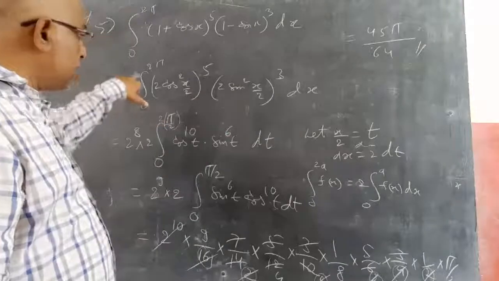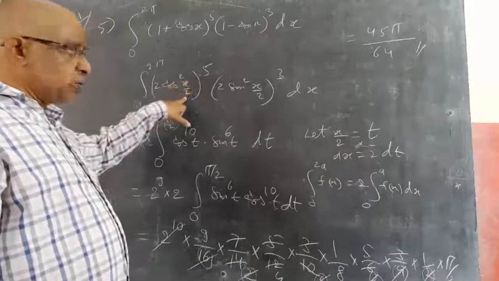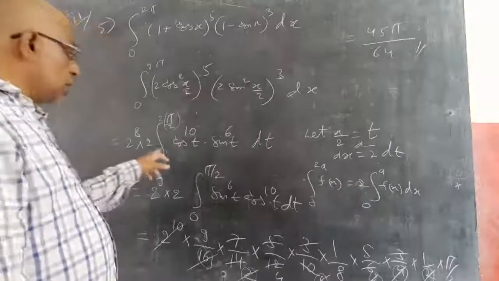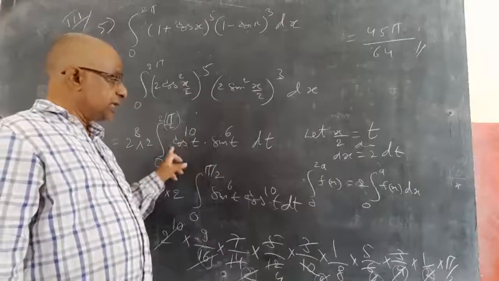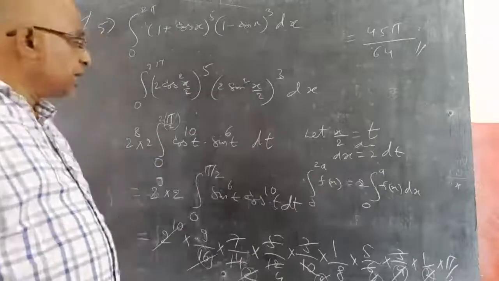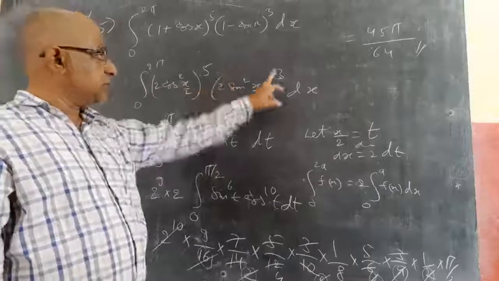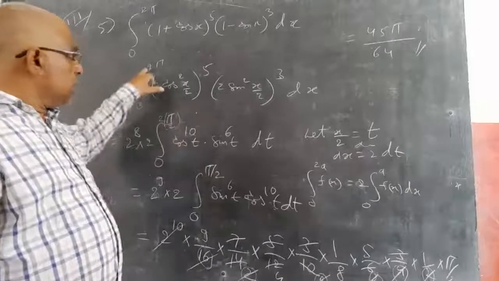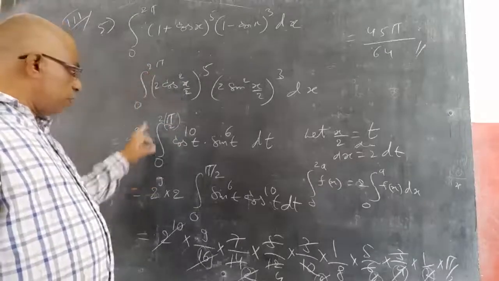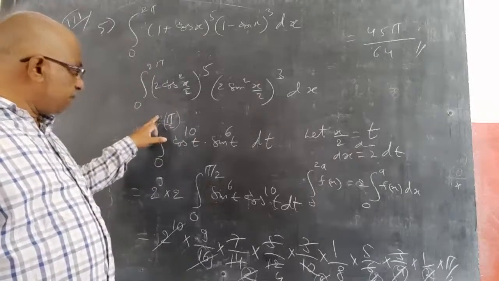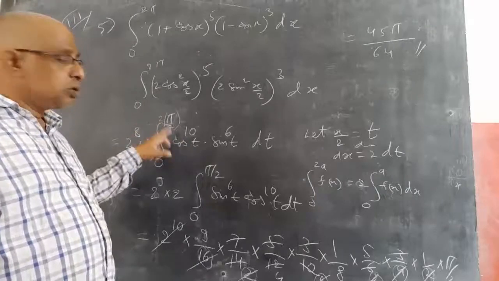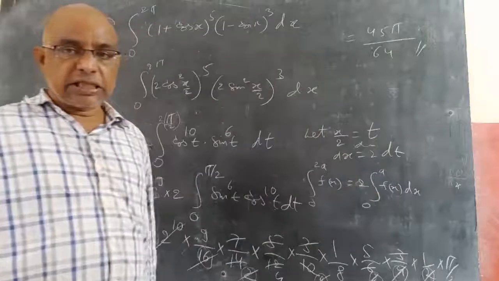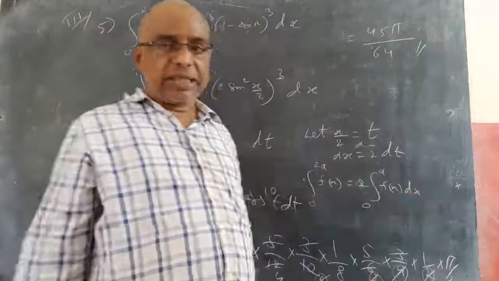Now I went for this x by 2. So to make it as t, I am taking x by 2 as some t. So I got dummy variable t here. Then cos power 10t into sin power 6t because 5 2s is 10, 3 2s is 6 as usual. And remaining part is 0 to, this 2 pi becomes limits 0 to pi by changing the limits. This pi I am writing is 2 into pi by 2. So integral of 0 to 2a fx dx is nothing but 2 into 0 to a fx dx.